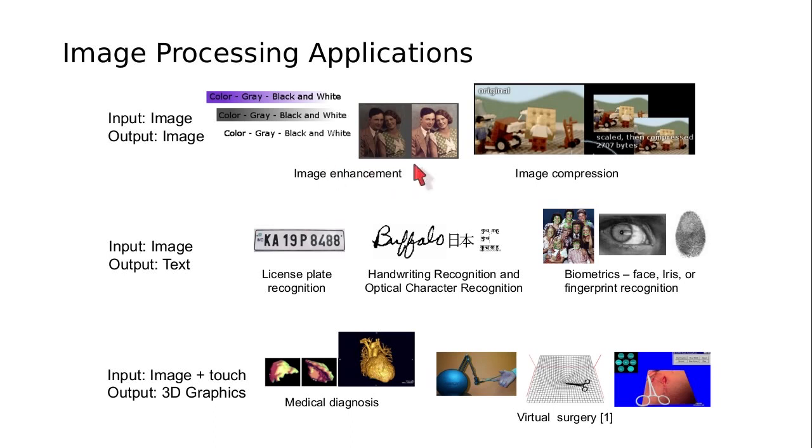So if you look at image enhancement, this is the process whereby you could take an image and make some of its properties better for human perception. So what do we mean by human perception? What do we mean by making an image better? So for instance, if you look at this image,